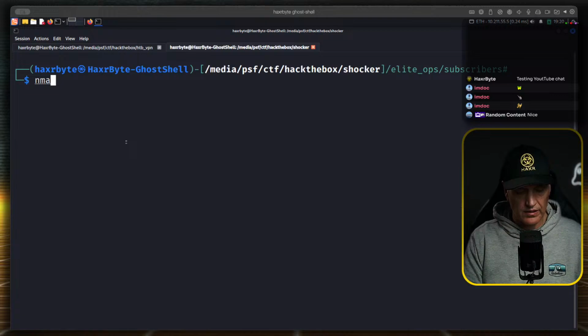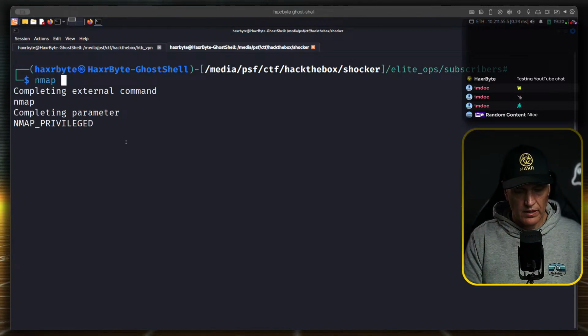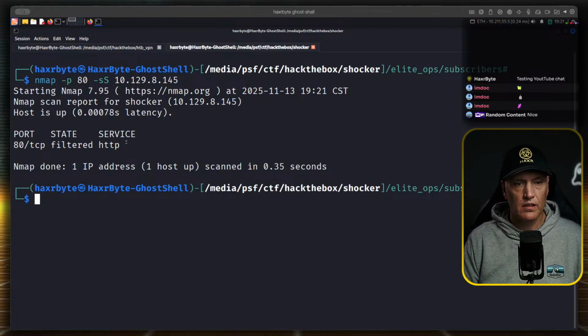Let's do just the Nmap -sS. Let's see what this does. Okay, it says it's filtered, not open.